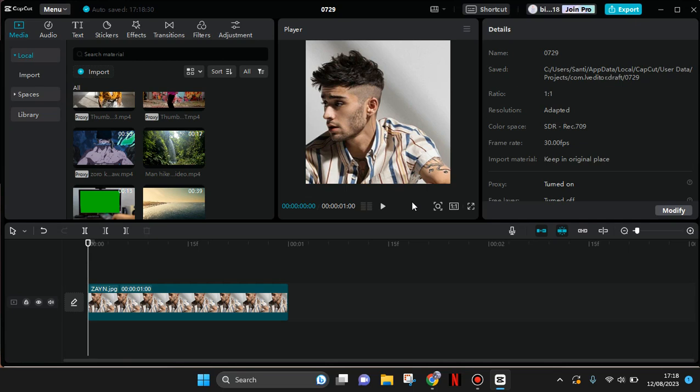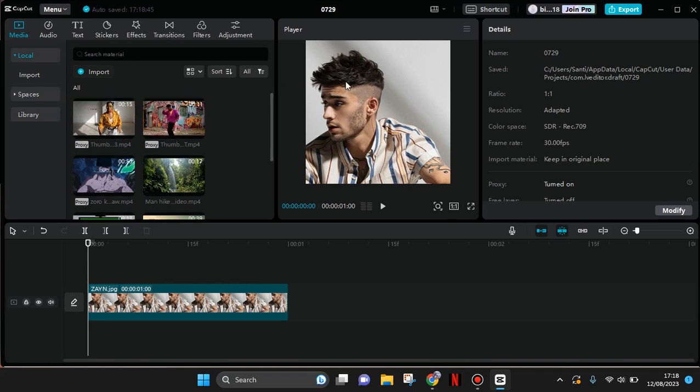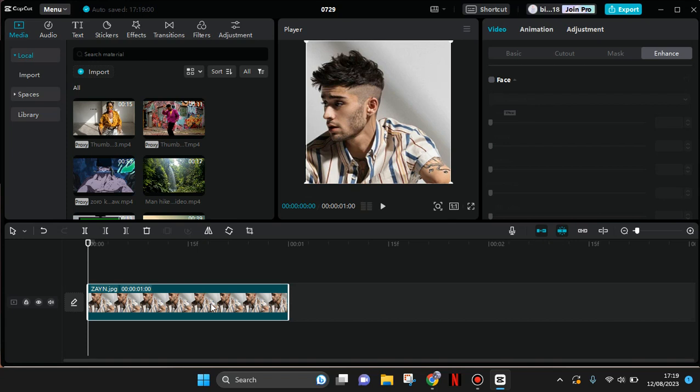So on today's tutorial, I'm going to show you how you can add the freckles filter to your video or photo in CapCut PC. So just add a video or photo that has a clear visible face like this. Then to add the freckles filter, just click on the material, then go to the